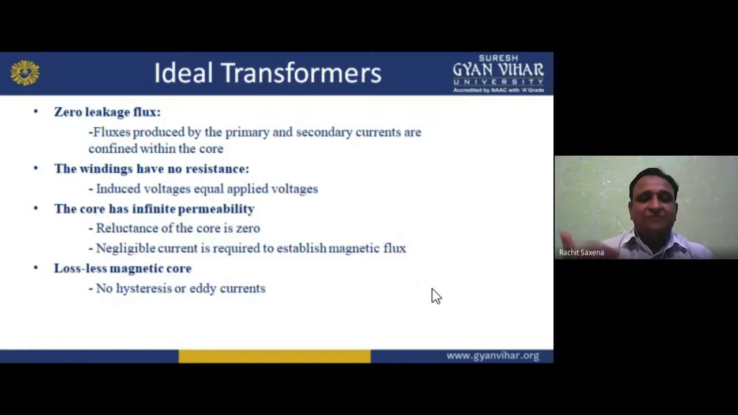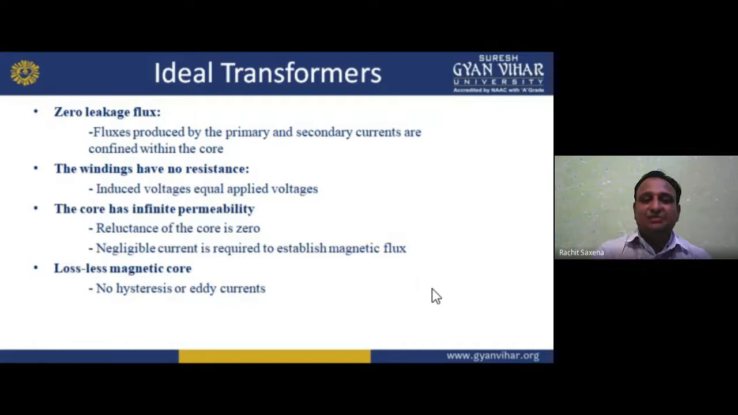The core has infinite permeability, which means higher magnetic flux. So the reluctance of the core is zero. If permeability is infinity, the reluctance will be zero. If permeability is zero, then reluctance will be infinity. So my condition is that the reluctance of the core is zero, and the permeability is very high, that is infinity. The current required to establish the magnetic flux is negligible. If I want to establish or produce or induce magnetic flux, I need only a small current,